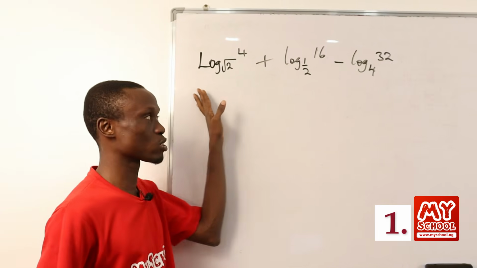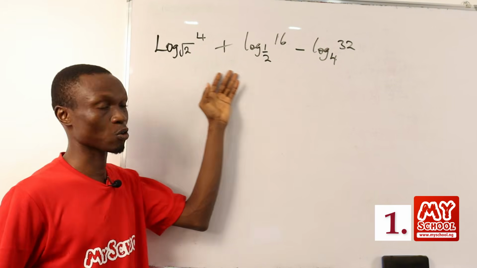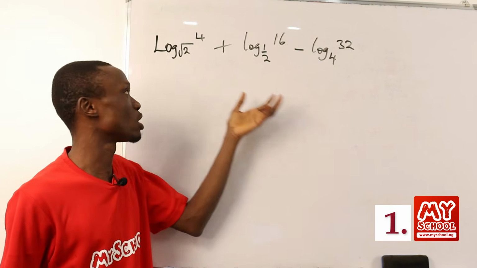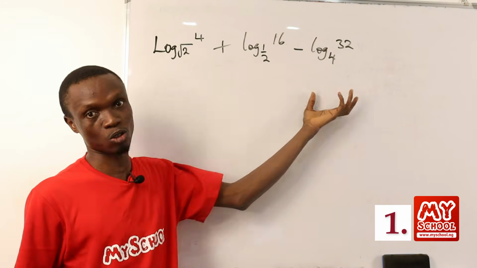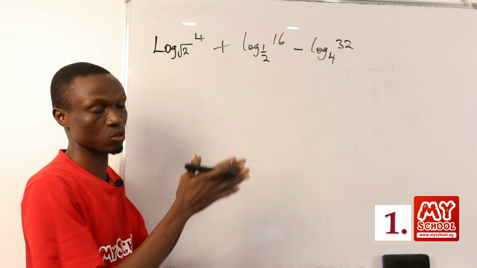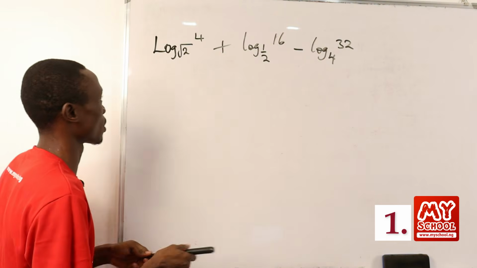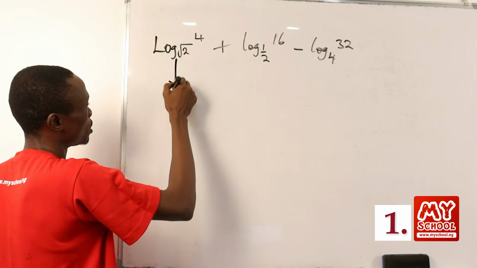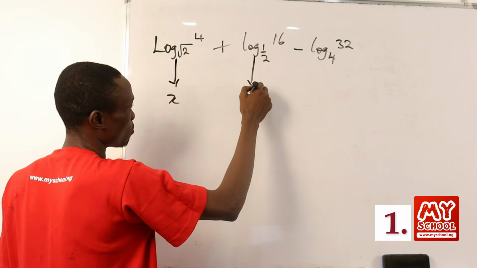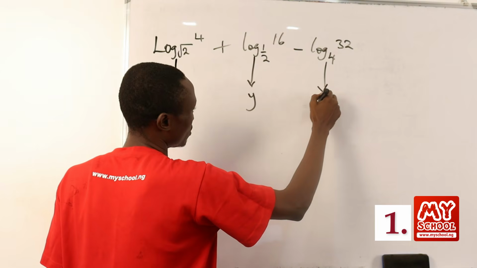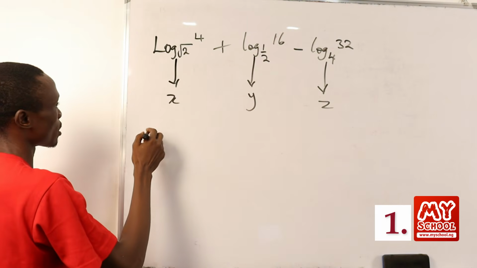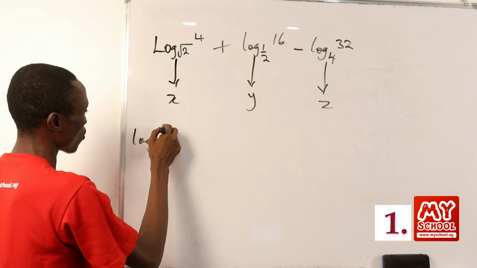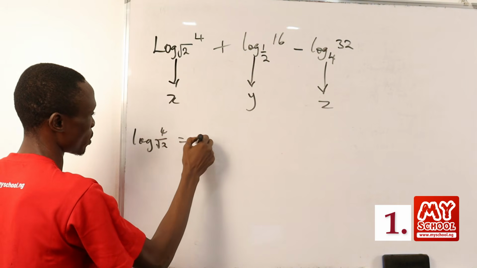To answer questions of this kind where the bases are not the same, basically the best thing to do is to solve each of the terms. Then after solving them, you combine the whole thing to get your answer. So here we are going to let this be x, let this particular one be y, and let this be z. Since log 4 base root 2 is equal to x,